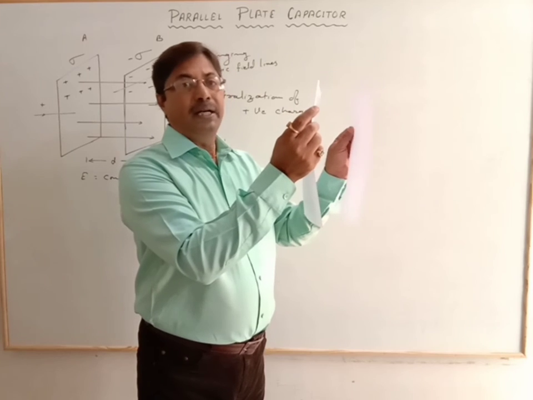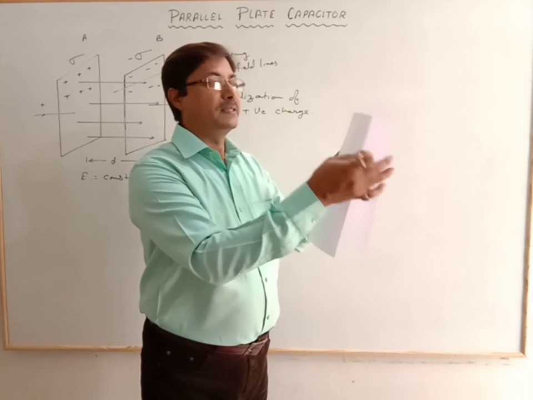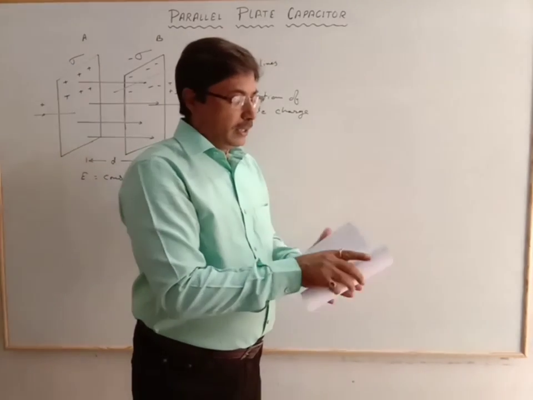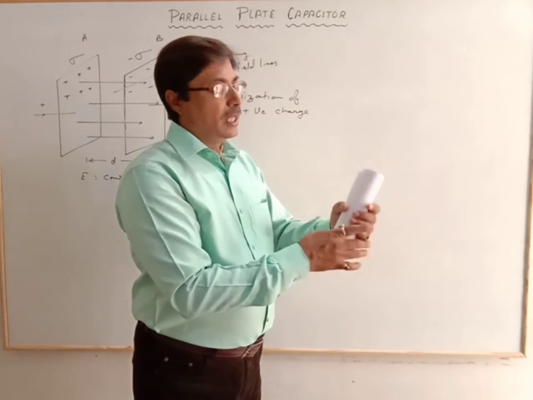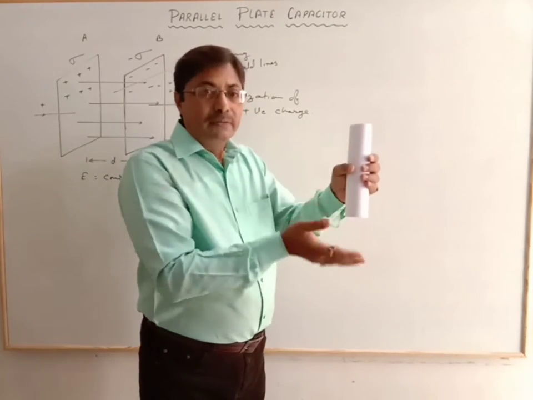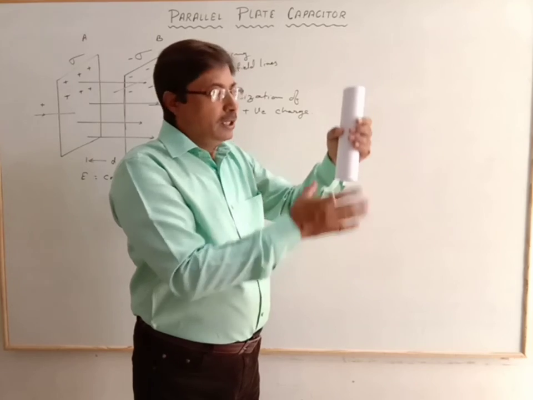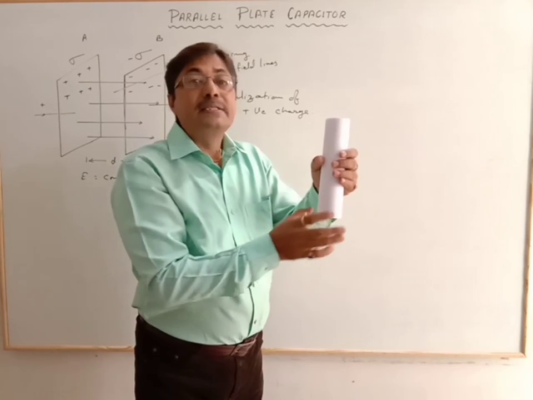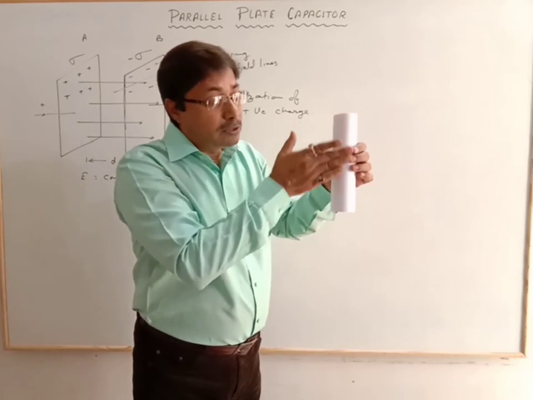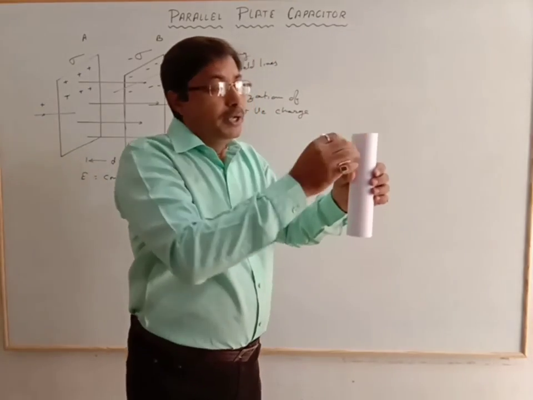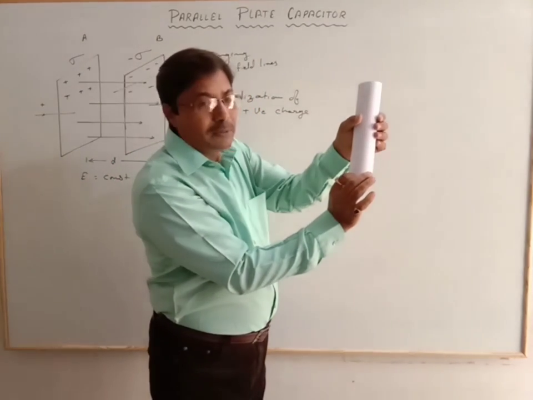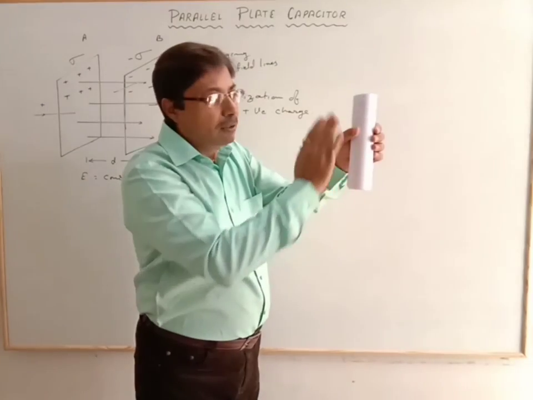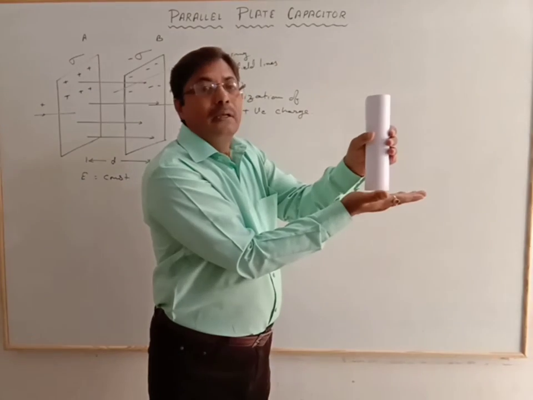If we rearrange the parallel plate according to our convenience, let's suppose I roll this one like this to hold it. Now it becomes smaller as compared to the earlier size of the plates. Now that big parallel plate appears as a cylindrical parallel plate. It is also a plate, and next to it there is another plate where the distance between the plates is very small as compared to the area covered.